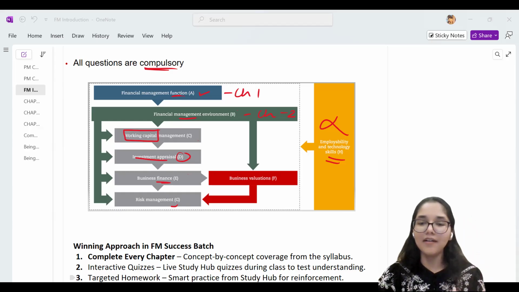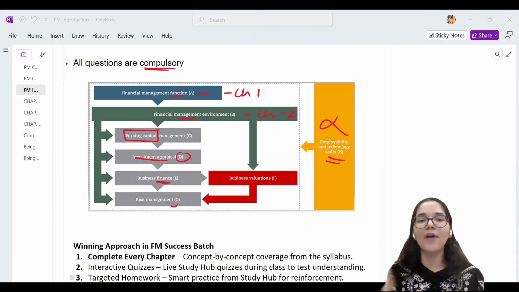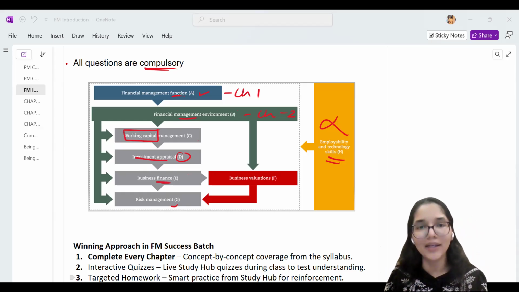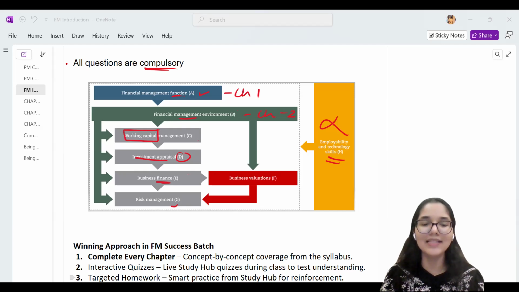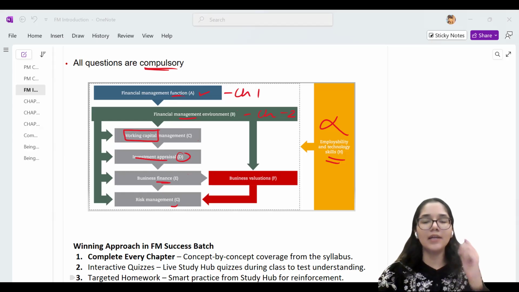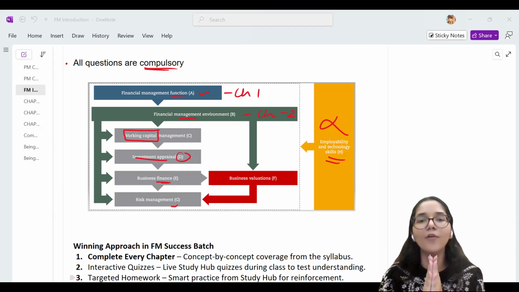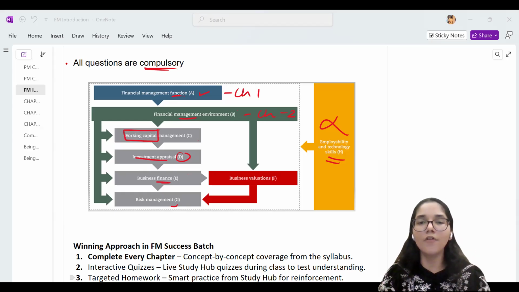Absolutely. Funds required for the business, cash or funds to operate. Yes, you're all correct. If I just have to write finance in one simple term, it's basically money. It's the money that you use to run. If you say business finance, it's the money that you use to run your business. Absolutely correct, Umar.